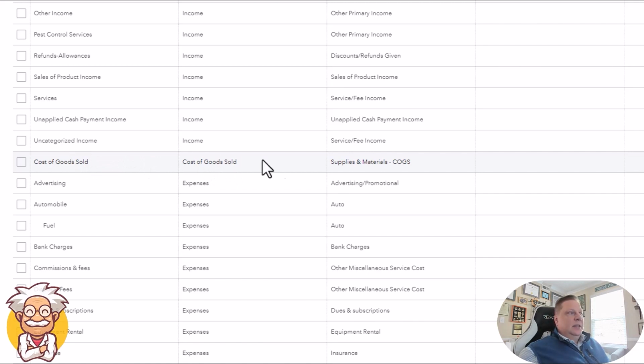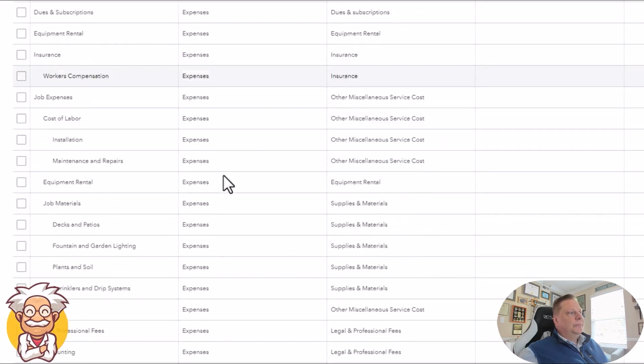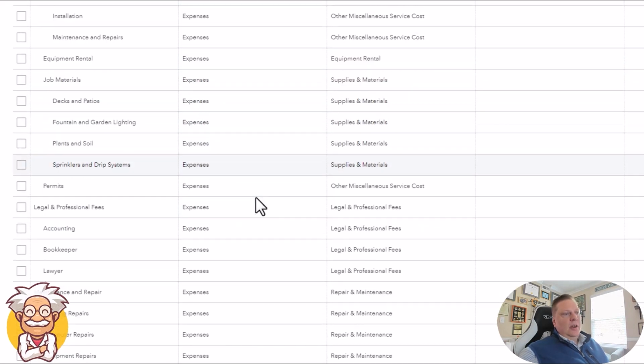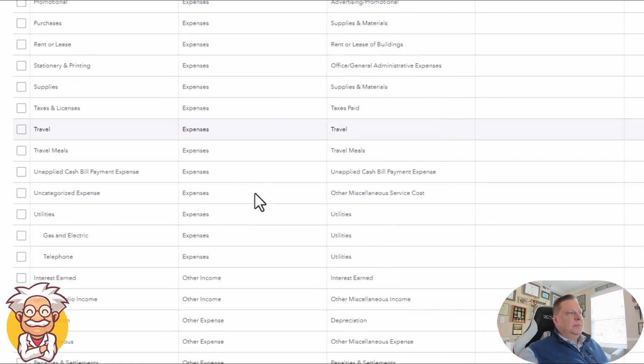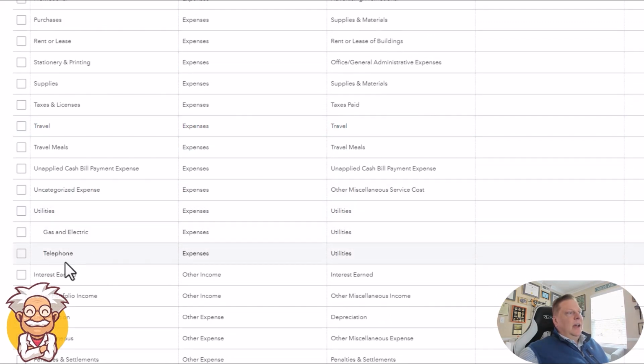QuickBooks generates a generic one always with supplies and materials, and then you can add on from there. Real good if your company is tracking certain expenses that come off of your profit to get a gross profit before your operating income and expenses. So here's where you can set up all your expenses,